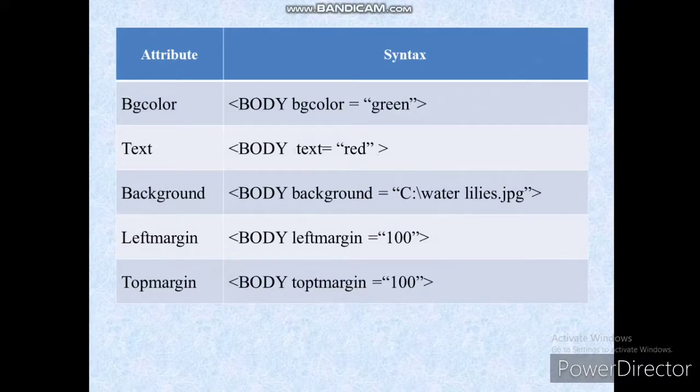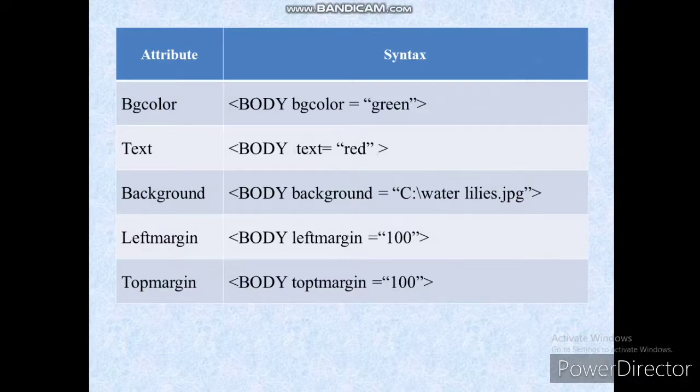Body tag. As discussed earlier, the body tag is a container tag which encloses all the tags that describe the content and the layout of a web page. Any text, image, links and so on that need to be shown as a part of the web page are included with the opening and closing body tags. Some of the important attributes of the body tags are: